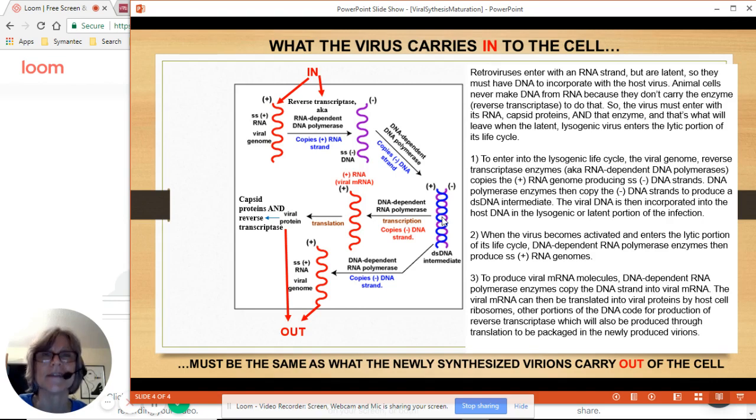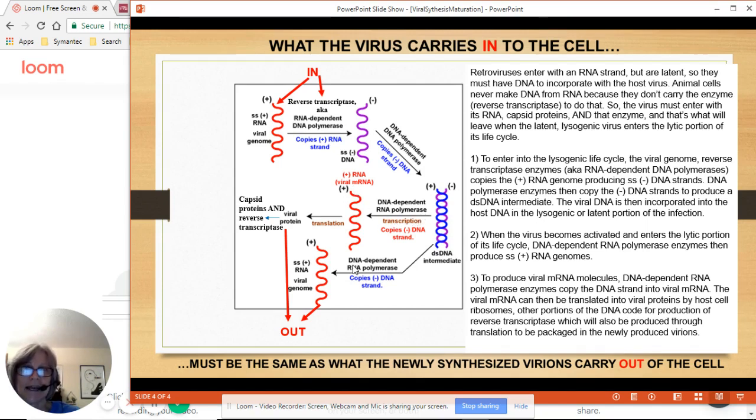the latent portion of its lysogenic cycle, incorporate into the host DNA, and it may or may not ever be expressed. Many people carry the shingles virus, but it's never expressed, or the herpes virus, but it's never expressed. It can stay latent for the lifetime of the host. Or it could come out of the lysogenic latent portion of that cycle and go into the lytic cycle. At that point, that DNA, that particular gene, those genes, that portion, would be transcribed